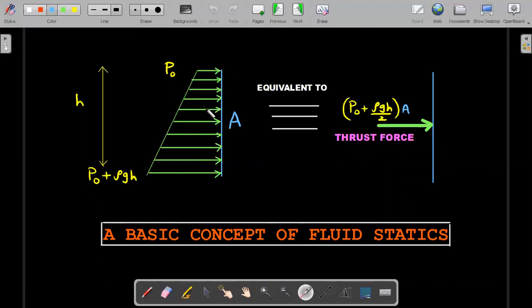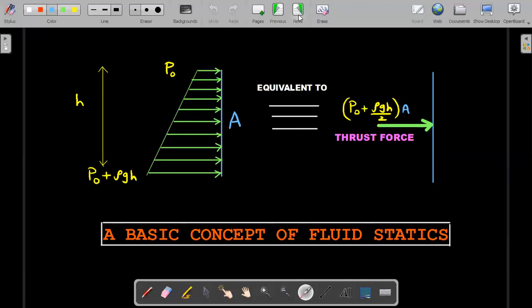Then the thrust force would be due to a vector integration of all these linearly varying forces. After that integration, you could replace that entire distribution of force with an arithmetic mean of this top and bottom pressures. If this is P1 and this is P2, this would be simply P1 plus P2 by 2, an arithmetic mean multiplied by area A, acting on the center of mass of this particular shape. So this concept would be utilized in the free body diagram to solve for both small t and small d.